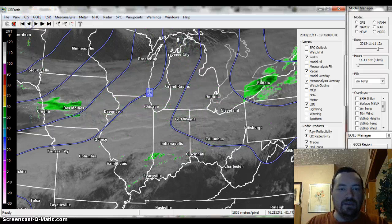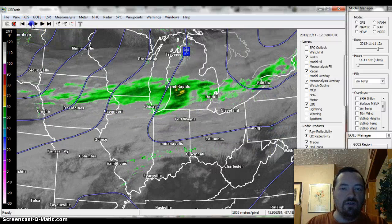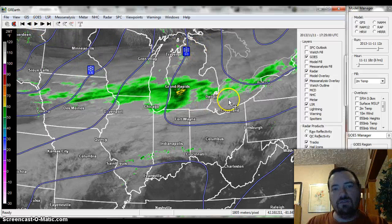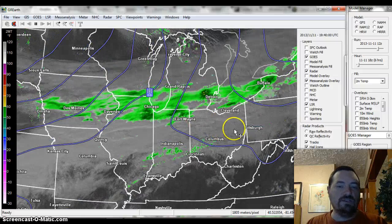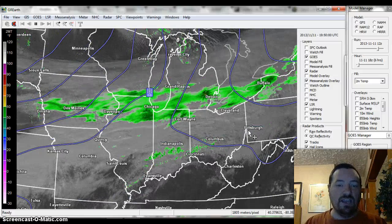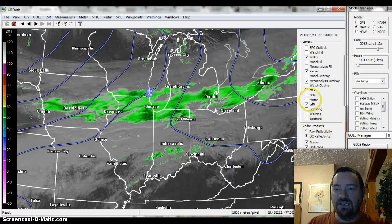If we were to take this back in time a little bit and look at the local storm reports, you can see some places have already picked up even an inch or more of snow up here, an inch and a half over here, 3 inches of snow. So there's a pretty decent amount of accumulation being put into this as you travel in time. But the reality is we're not going to be getting 3 inches of snow, so there's not going to be anything that we are going to have to specifically worry about with this as far as that goes. So the snow is well off to our north,